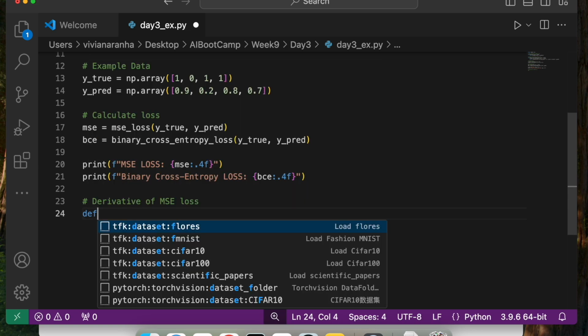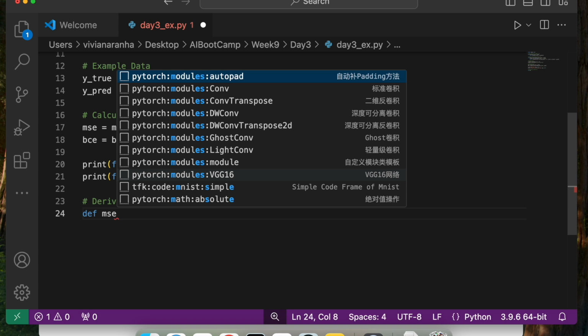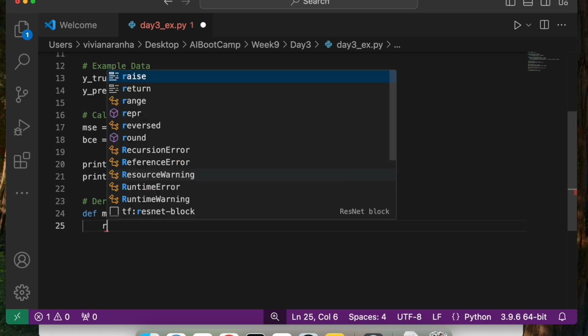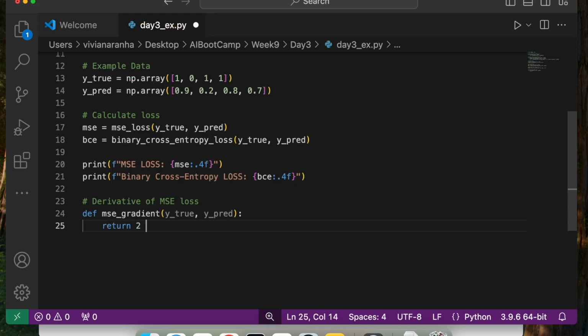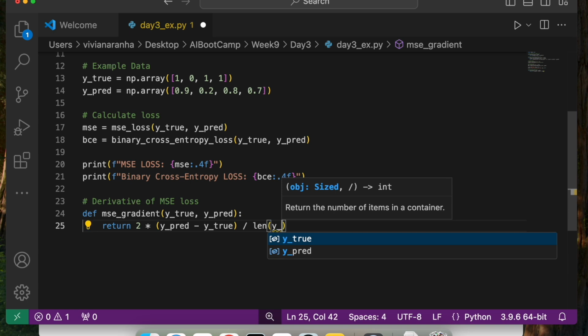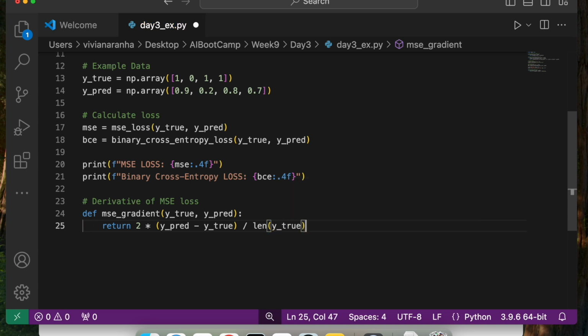This function I'll call it df MSE gradient, and this will take the same values y_true and y_pred as input, and this will return back 2 times, this is the formula for that, y_pred minus y_true divided by the length of y_true. So this is the formula for MSE gradient.